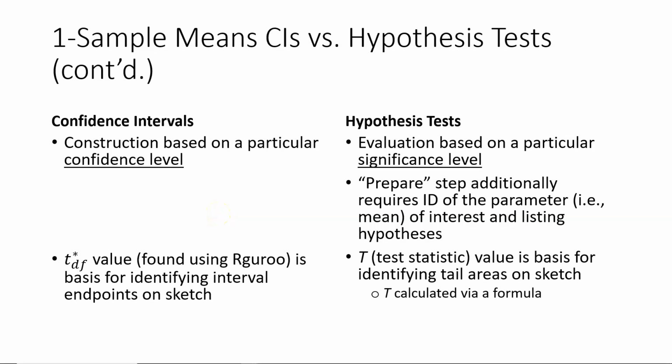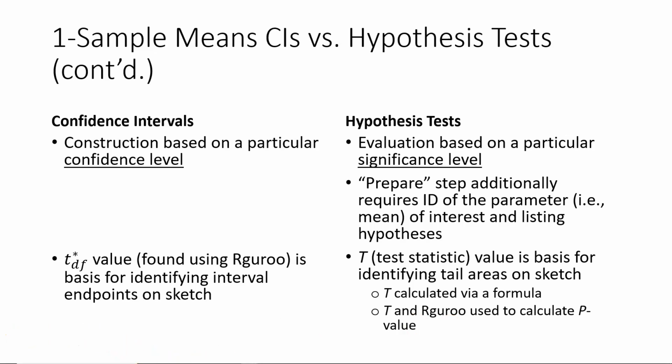The next thing we take a look at in comparing is that for confidence intervals, we require a t asterisk value, which is found using our guru, and that is the basis for identifying the interval endpoints on the sketch. In contrast with that, for a hypothesis test, we find what is called the capital T or test statistic value, and that is used as the basis for identifying tail areas on the sketch. We find the capital T value with a formula, and then we use that and our guru to calculate the